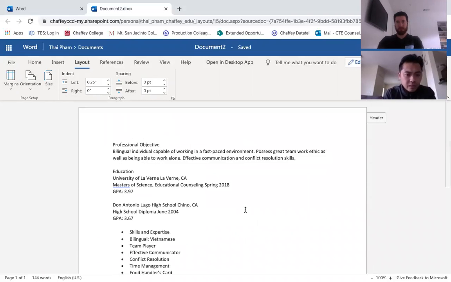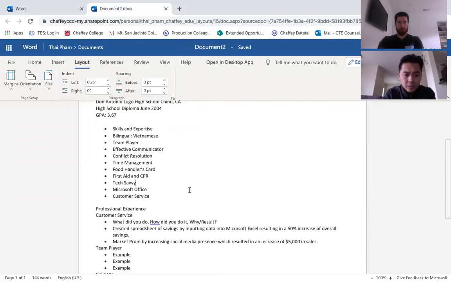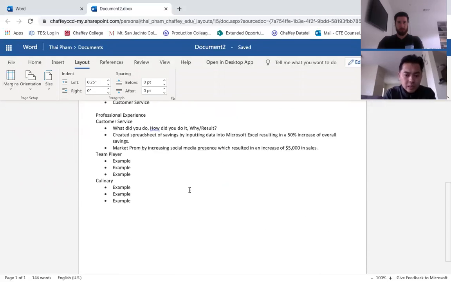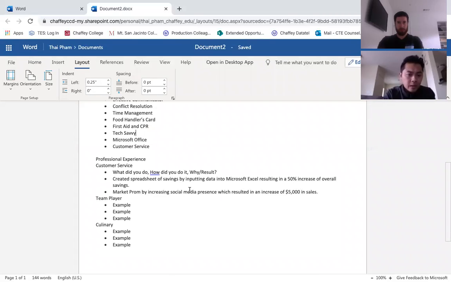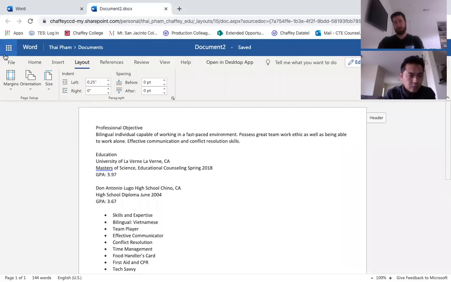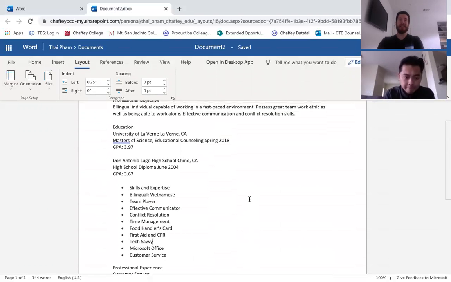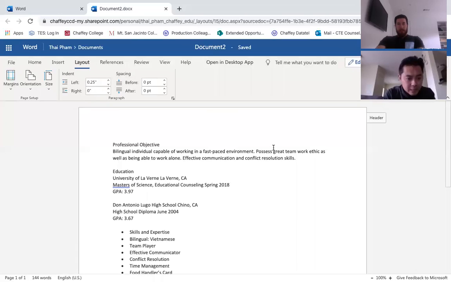So, a few things in regards to formatting your margins here. You can keep it at 1 inch, which is very standard. If you have more information you want to put in, you can do 1/2 inch here. If I switch to 1/2 inch, you can see how it pushed all my words closer to the edge of the paper. But if I don't have any more information to put in, I want to switch it back to 1 inch margins. You just have to watch out for that header, which will only show when you print it or export it as a PDF. Correct.